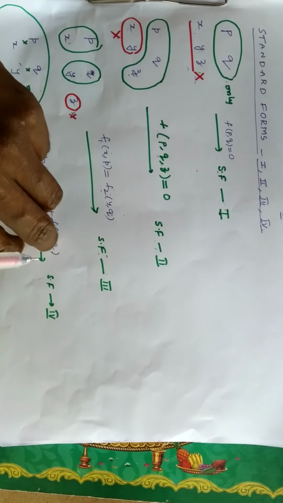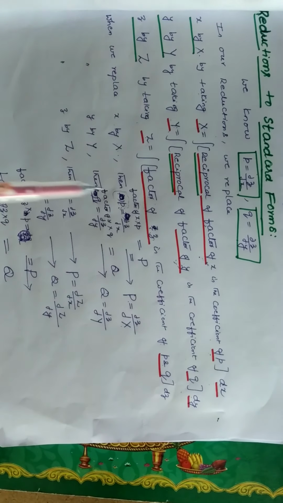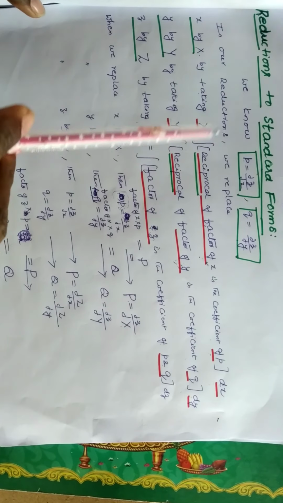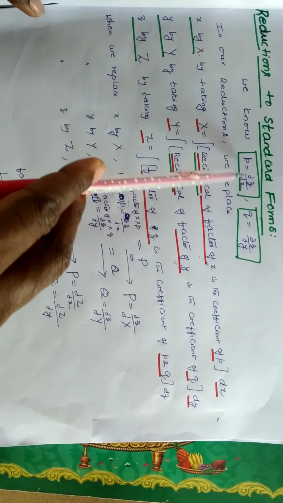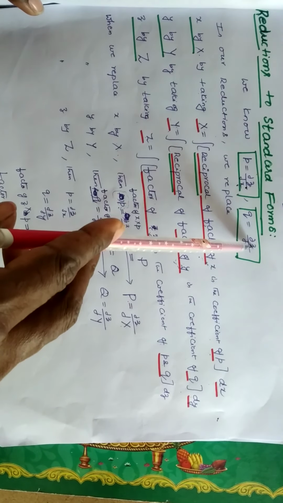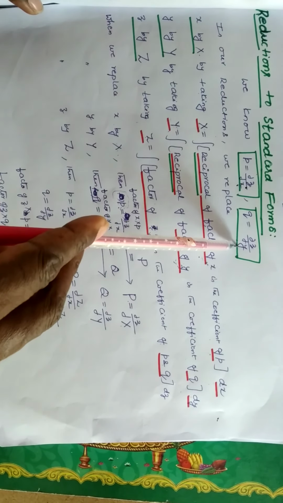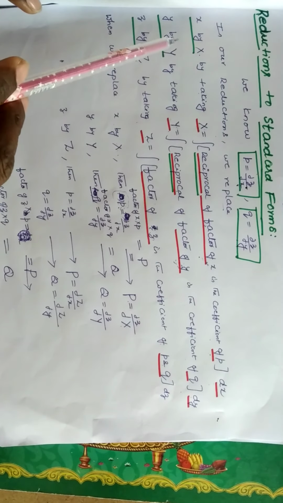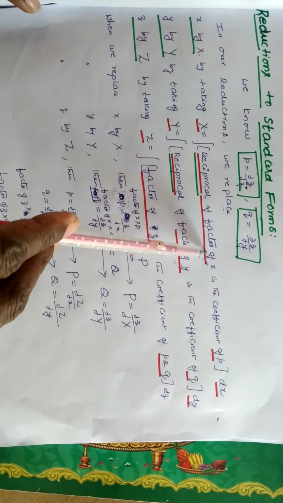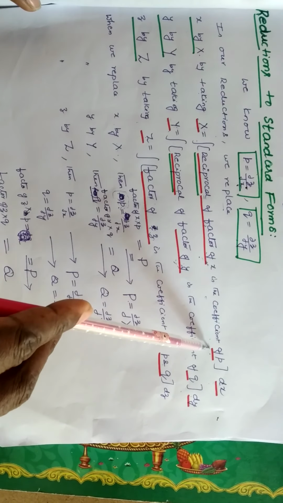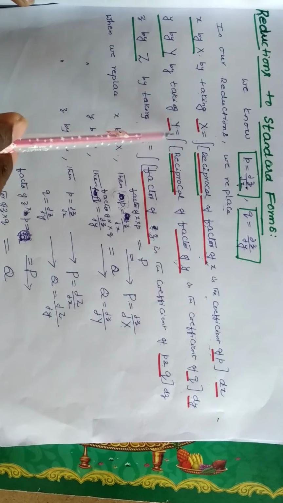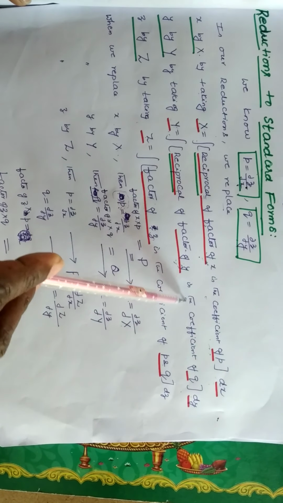Before going to reductions, you must learn the following 3 formulas. Generally we know small p is nothing but dou small z by dou small x. Small q is nothing but dou small z by dou small y. In our reductions, we replace small x by capital X by taking capital X equal to reciprocal of the factor of x in the quotient of p dx. Small y by capital Y by taking capital Y equal to reciprocal of factor of y in the quotient of q dy.